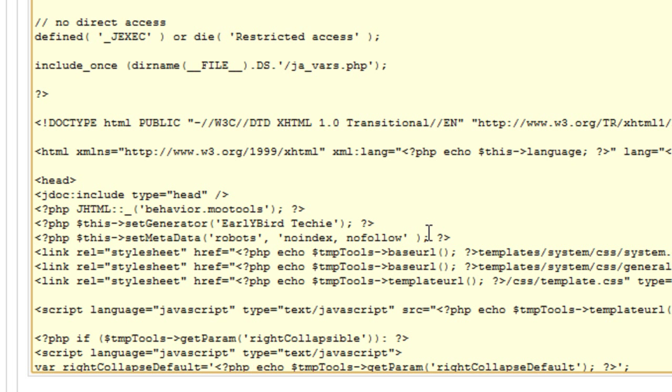I know some people do want no index, no follow, or just index but no follow. You might want to do some research on your own for robots meta tags, but it's for security purposes that people don't want the search engines or any other robots to go through their sites. But just to let you know,